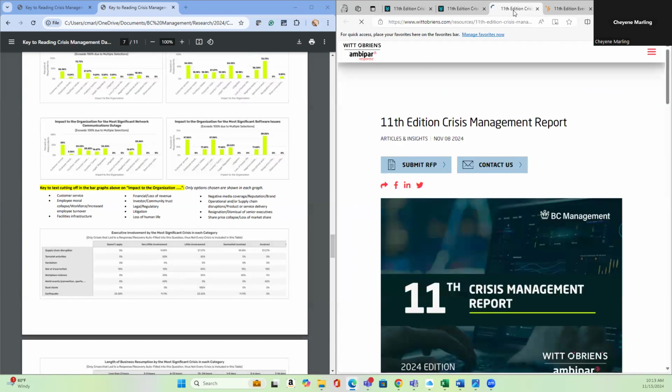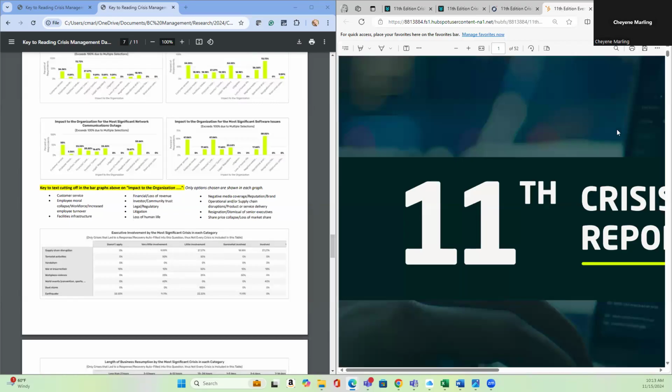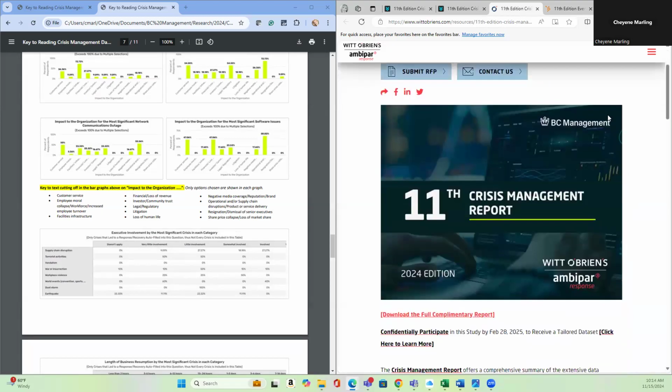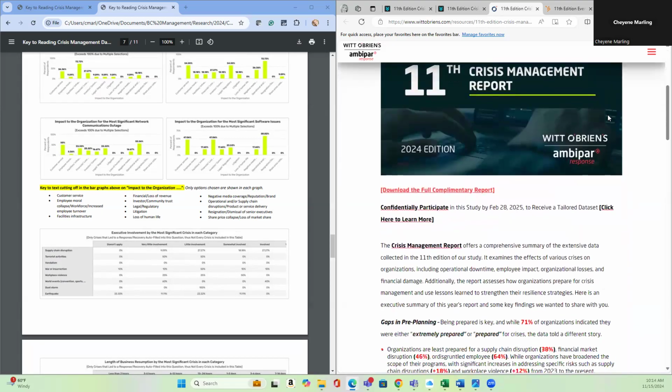You should have received the full report that was provided to everyone. Now, the report you can share with others. This is complimentary to everyone. Just the dashboards are going to be specific to your organization, and please don't share outside of your organization. But you can share the full report. There is also a link here that was embedded in the email. You can share this so people can also view and download the complimentary report.